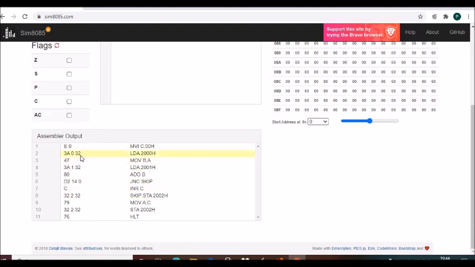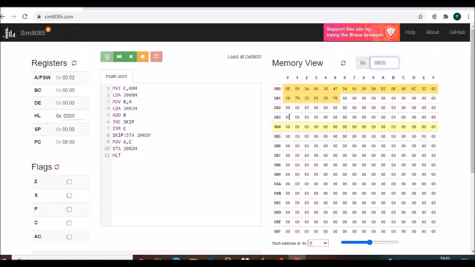MVI C is 0E, this is 00. Then 3A, LDA is the opcode for LDA. Then 00 is the lower byte, and 20 is the higher byte. See here, you can understand better how it is loaded in the memory location.